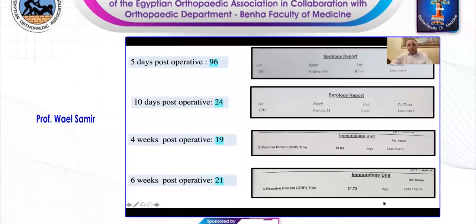The CRP declined from 196 to only 96, and at 10 days was 24. At 1 month post-operative it was 19 and at 6 weeks still 21. So the CRP declined, but the trend did not decline more and made a plateau at 20. It is about 3 to 4 fold of the normal CRP. So we are not so happy with this trend of the CRP, and to make sure that we eradicated